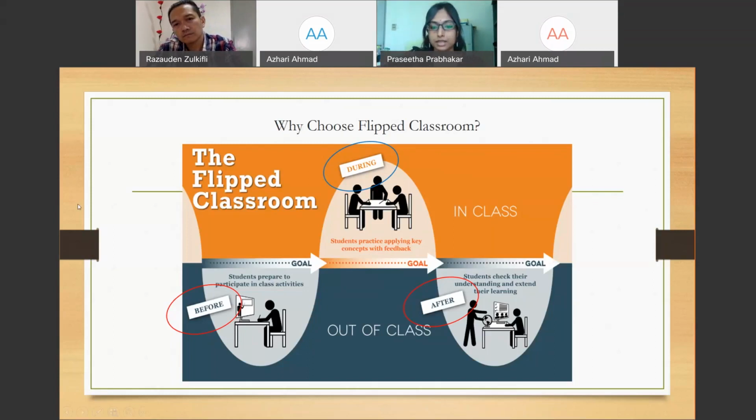So what happens after the lecture? After the lecture, students will have to evaluate their understanding based on the materials and resources provided on e-learning, and whatever active learning activity they had during class. So that's what they would evaluate. So how do they evaluate? There would be other